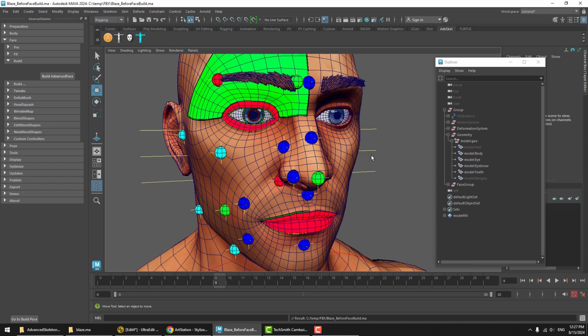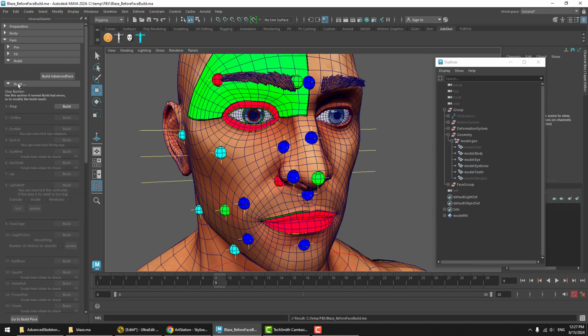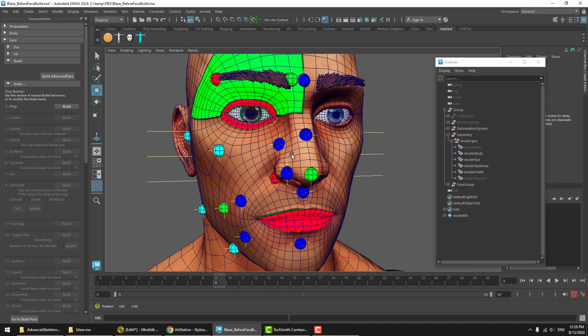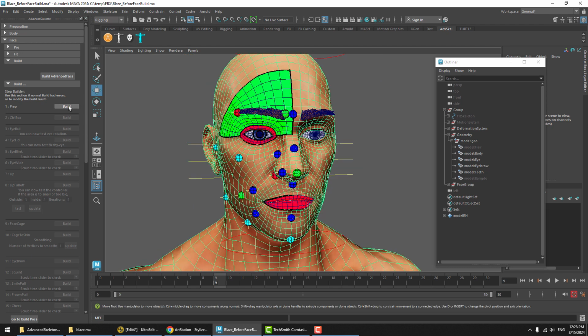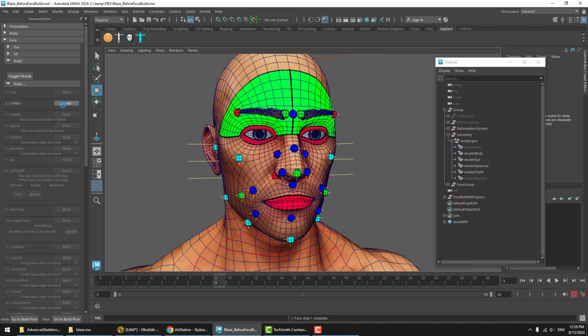So to build a face setup, there are 2 options. You can just hit the button that says build face setup and wait for the entire process to finish, or you can do the step-by-step, which can be a good idea, and it can sometimes give better results as it allows for individual tweaking along each step. So let's do that. Let's do the steps, starting at the beginning. Step 1, prep. Next, control box,